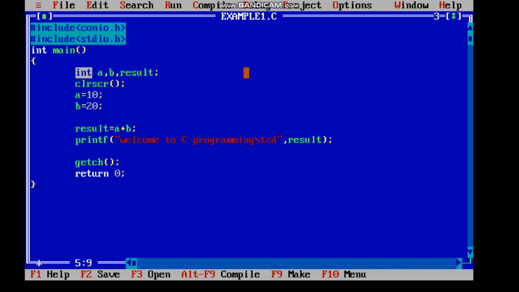Also, the data type names are case sensitive. You cannot change the case of this particular data type. You cannot write it in this way, uppercase I. It is not possible. You have to use lowercase i only. If you are using some different case, if you are using uppercase for any character instead of lowercase, you will get an error. All these types of errors are syntactic errors. Yesterday we discussed there are two types of errors: syntactic and semantic.